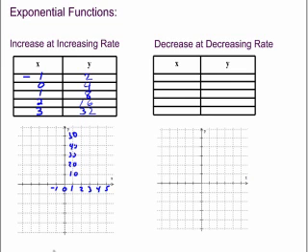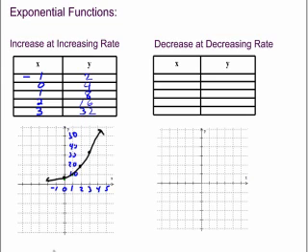At 0, it's about 4. At 1, it's about 8. At 2, it's up to 16. At 3, we're all the way up here at 32. And it's a little hard to see with this scale, but what's happening here is very similar to what we saw with our world population, and that is that these points don't lie on a perfectly straight line. They really lie more along a curve, and in this case it's a curve of what we call an exponential